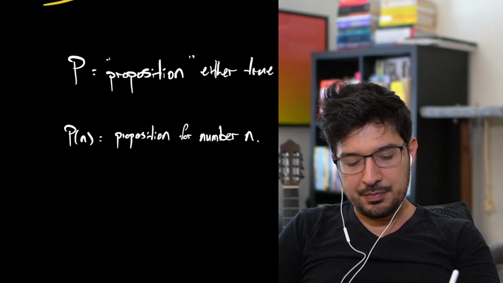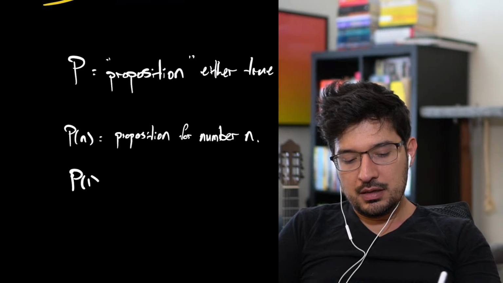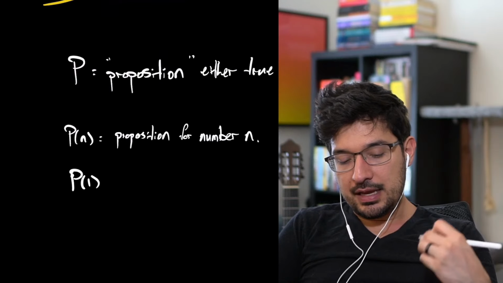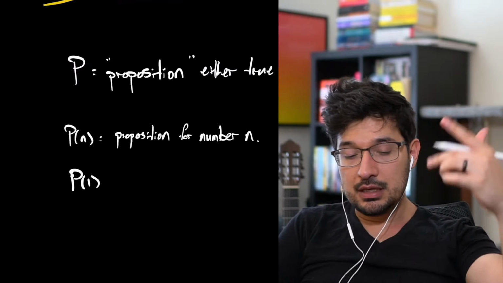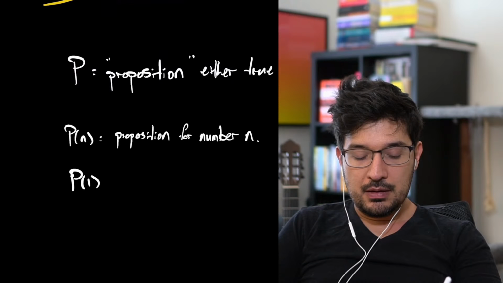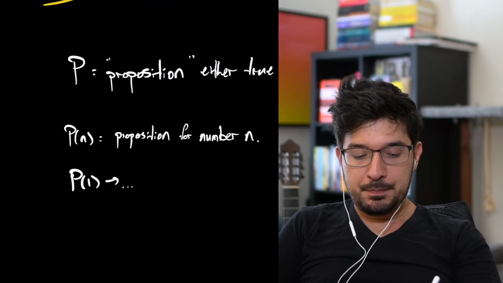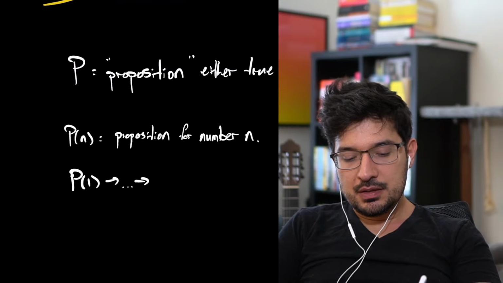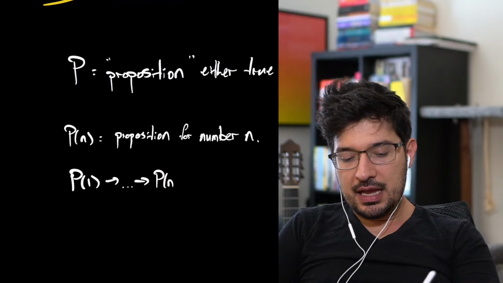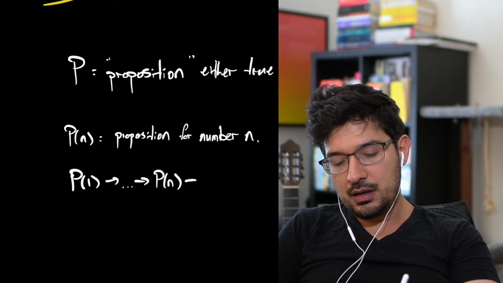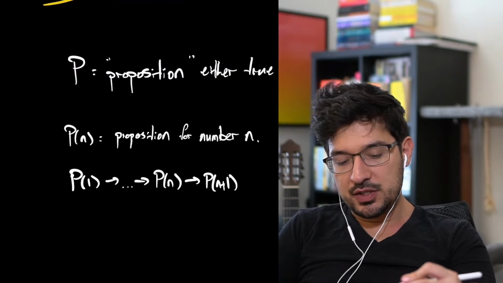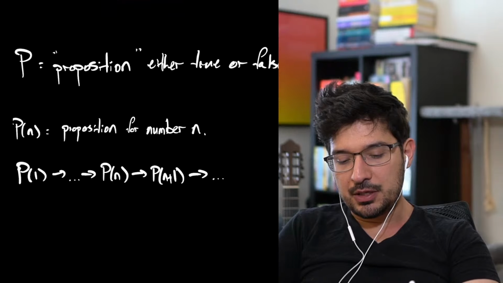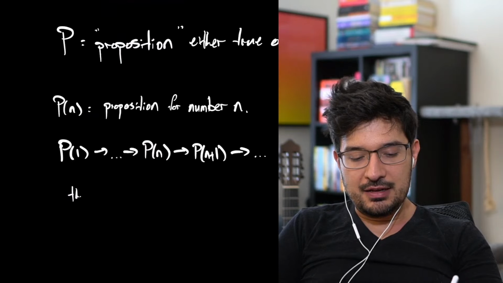The principle of mathematical induction is that if we can show that a property, a proposition, a claim, an idea, an identity, a formula is true for one, and anytime that it's true for one number, then it must also be true for the next number. Then